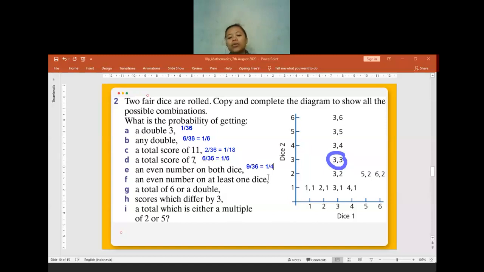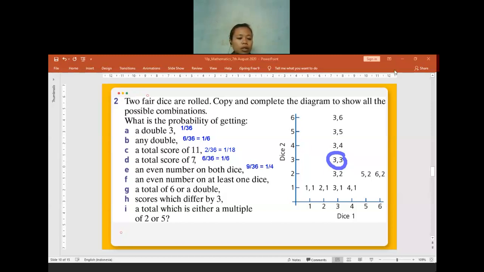So if both of them are even numbers, it can be 2,2, 4,2, 6,2, and then 2,4, 4,4, 6,4, and after that 2,6, 4,6, 6,6. Yes, there will be 9 possibilities that both of them are even numbers. Okay, is there anyone who is confused? No? Okay. You can tell me anything through the chat box whenever you have any difficulties. Don't be so quiet. If you still do not understand, please let me know.